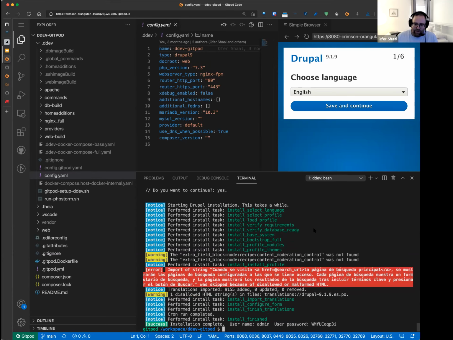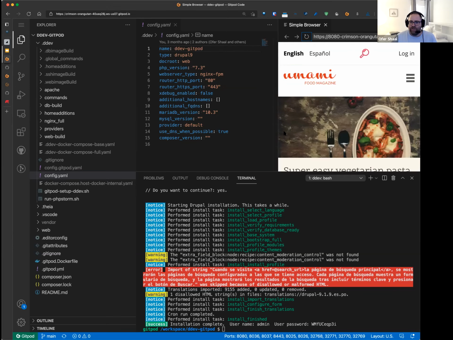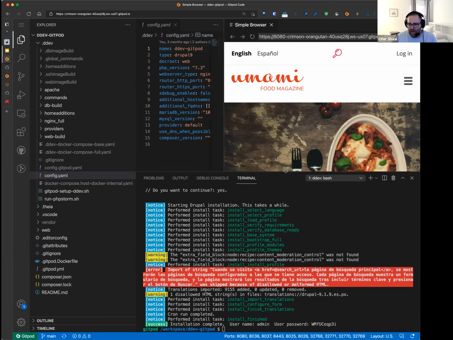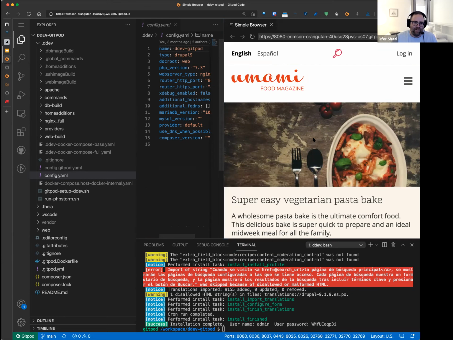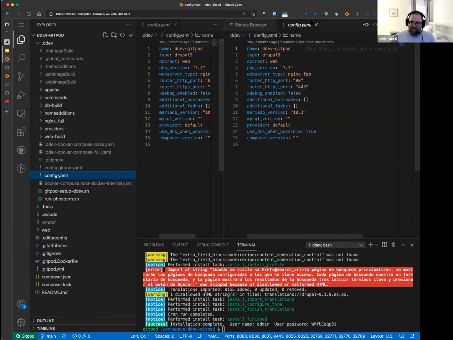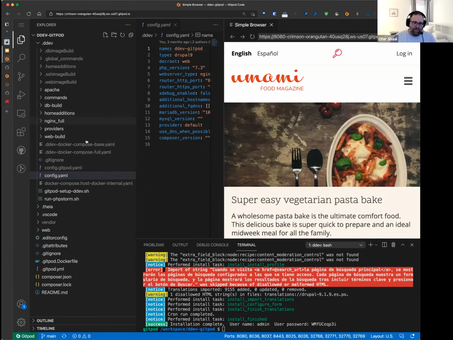Okay, great. No questions. So Gitpod or ddev say that the work is finished. Here we have a preview browser right there. I'm going to hit refresh, and what you see here is the Umami website. Woo-hoo. So I have a full Drupal website installed, while whatever I'm doing here is actually updating the website. One of the things we're going to try,